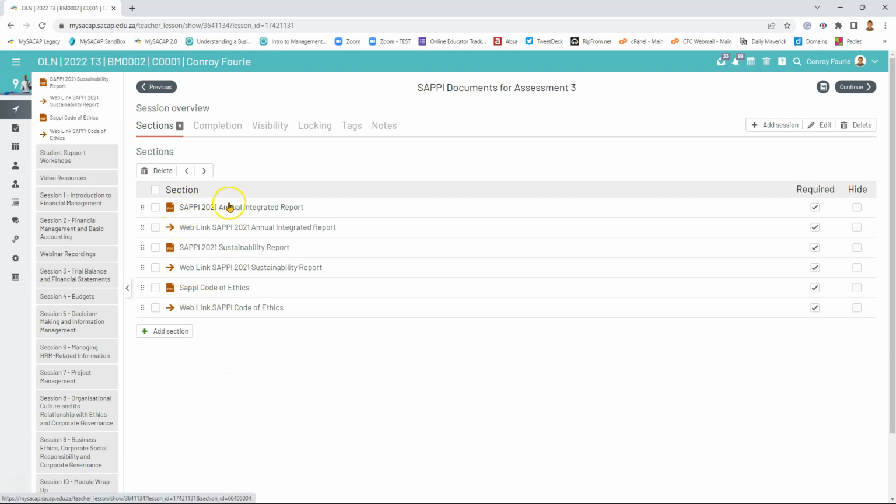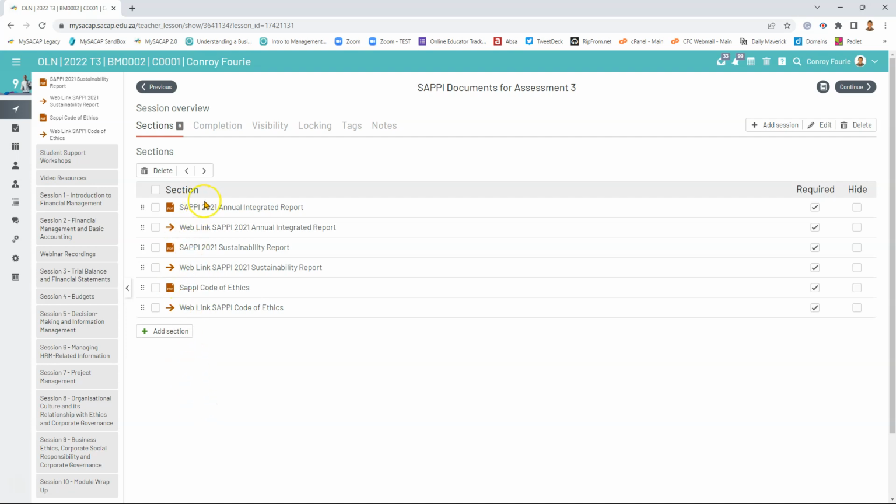There's a lot of information here to read: the SAPI, the various codes, the various documents. And then there's also the King report and the textbook. The textbook was reading, so you need to read that chapter and know the chapter. The King 4 report, you could have worked through that as well. And then familiarize yourself with those pages that were prescribed. Again, the idea is not for you to memorize or to do word-for-word reading, but you need to know what the report looks like, what it presents you.